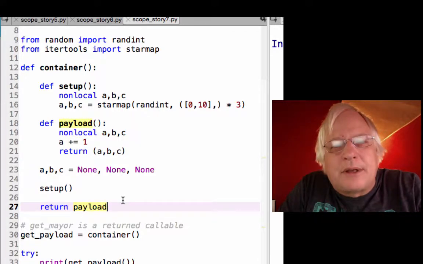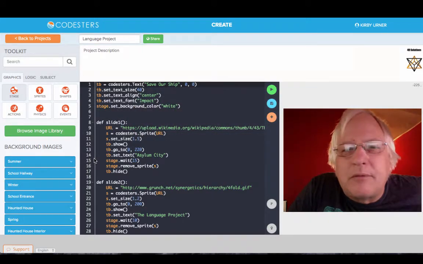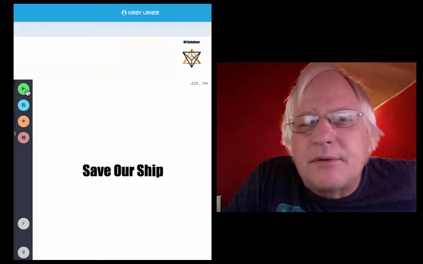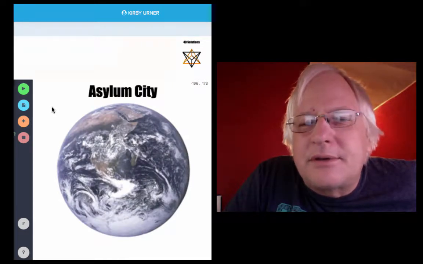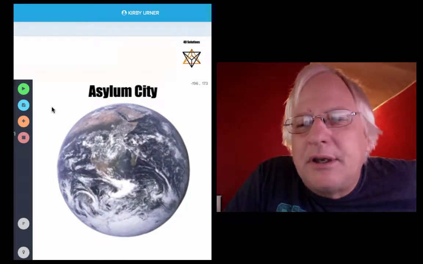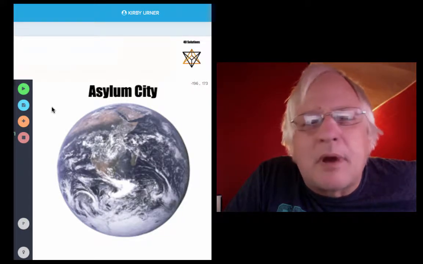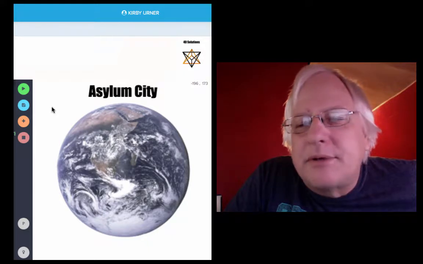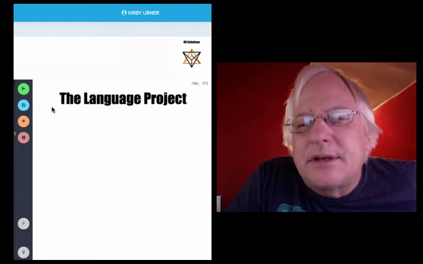The zoomed out thing I wanted to talk about though is, so you're learning all this Python for what reason? I mean, it's fine to have cute little slideshows. I'll run this. This is Codesters for those of you unfamiliar. I'm showing in some of my examples that you can repurpose it to serve as like a slideshow viewer. In this case, the slides time out after about 15 seconds, maybe to remind the speaker or presenter that they don't have all the time in the world to get through this. 15 seconds is actually a long time.